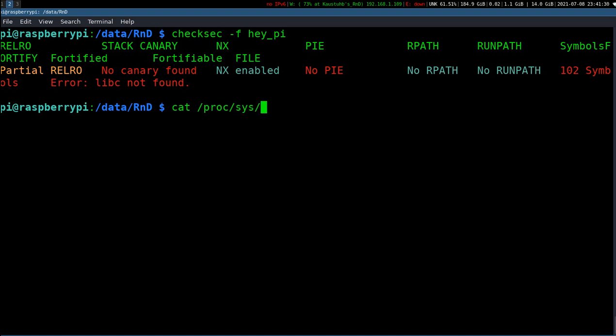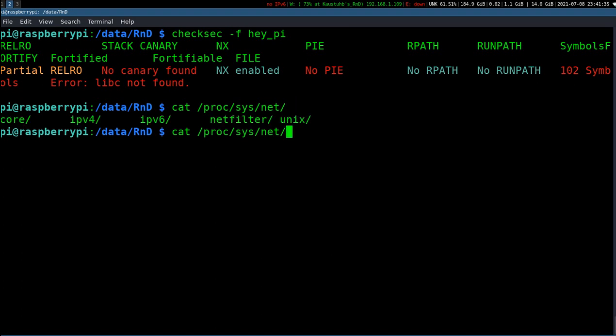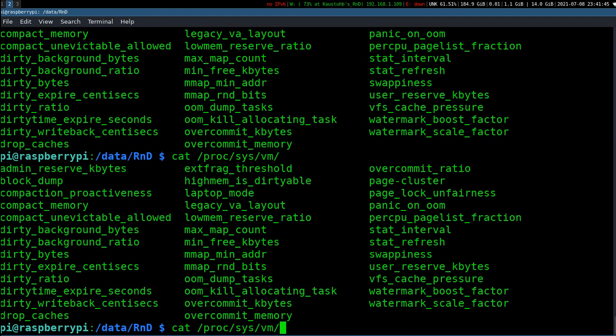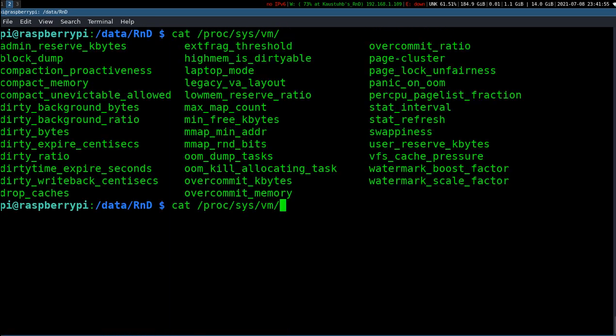proc sys, net, oh not net, vm, and here we should find something, randomize_va_space. Where is it? Okay, let's do this.